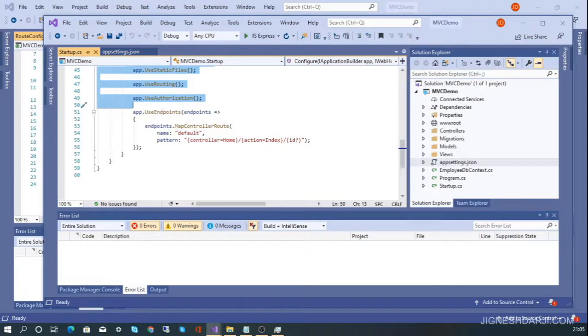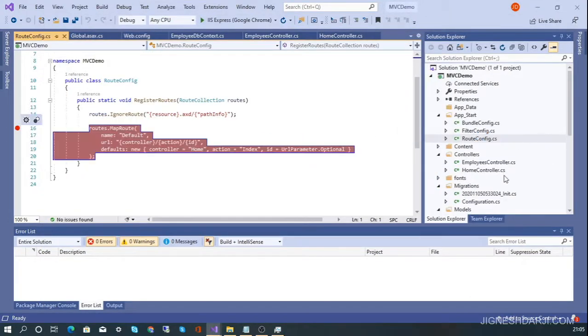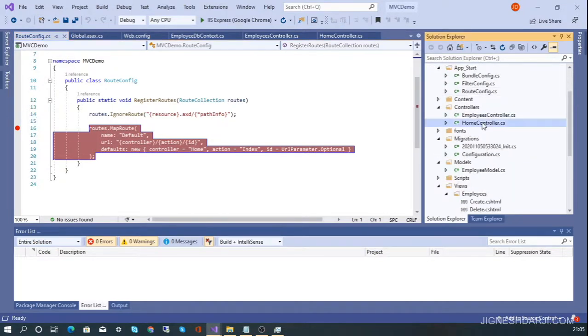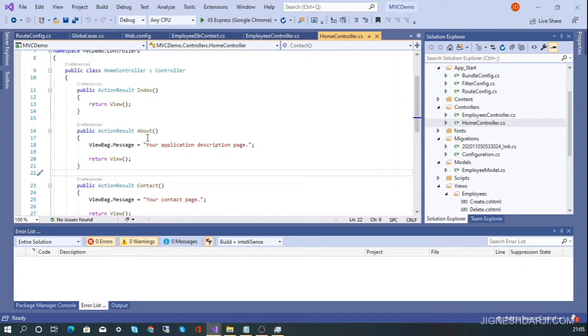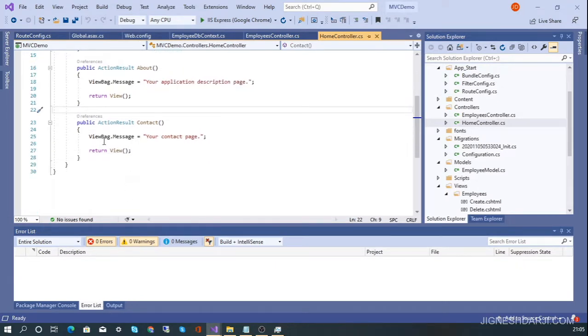So the next thing is we have to migrate the controllers and views from the MVC project to the core MVC. Inside this MVC project you can check there is a home controller. Inside the home controller I have index, about and contact methods.